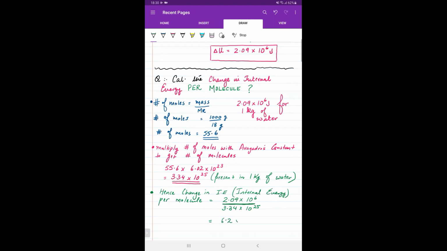6.2। इसके यूनिट्स कोई बताएगा बिफोर आई कंक्लूड? 10 to the power of minus 20. यूनिट्स क्यों आने चाहिए? यूनिट्स फॉर इंटरनल एनर्जी पर मॉलिक्यूल। जूल्स पर मोल गलत है, सिर्फ जूल्स है ना। जूल्स बिल्कुल सही है, बट जूल्स पर कुछ नहीं हो सकता, बिकॉज मॉलिक्यूल्स डोंट हैव एनी यूनिट्स टू बिगिन विथ, है ना। मॉलिक्यूल्स आर अ डायमेंशनलेस क्वांटिटी। हाँ जी, जो रोहेल ने लिखा है, तो सिर्फ जूल्स आना चाहिए। सो change in internal energy per molecule will have the same units as internal energy, that is joules, because molecules don't have any units to begin with. तो ये आपका फाइनल रिजल्ट बन जाएगा। ठीक है यार बेटा, इस वाले पॉइंट पे आज वाली क्लास को कंक्लूड कर रहा हूँ।